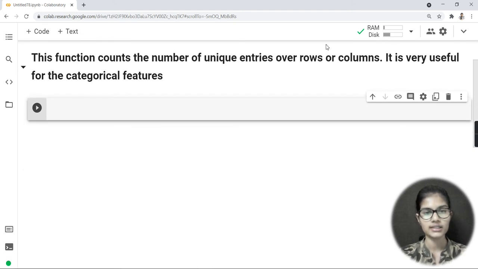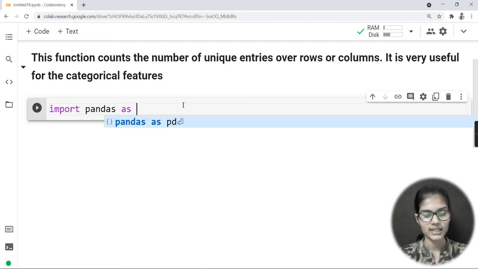Now, after discussing this function, my very first step is importing the libraries I will need for applying this function. I'm going to make the data on my own, so firstly I'll be using pandas, and secondly I'll be using numpy.